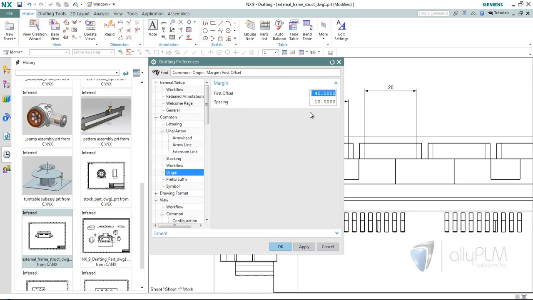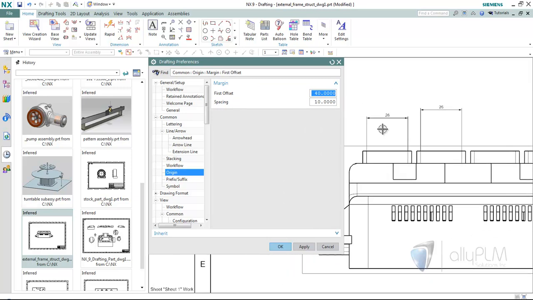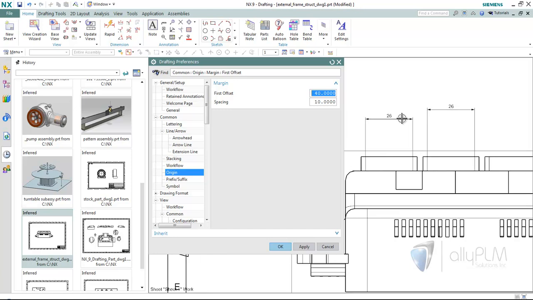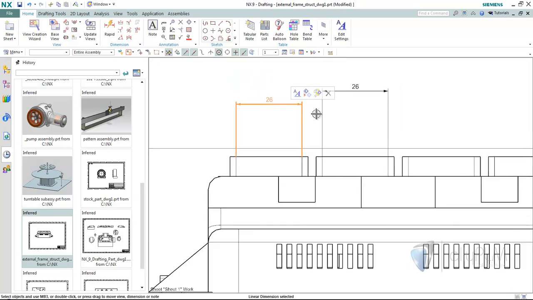So there's the first offset. So here was 40 millimeters away, and then the spacing for each margin after that is 10 millimeters. So between this dimension and this dimension is 10 millimeters, and there are tooltips to show you what these mean. If I come back here and delete these dimensions, let's look at some of the usability within the linear dimension